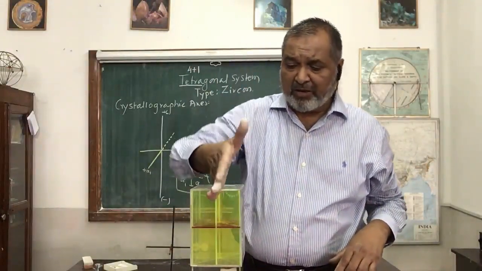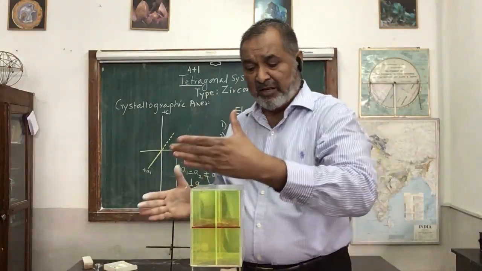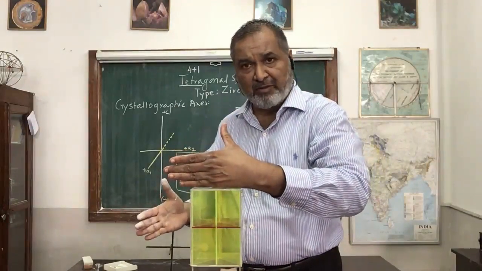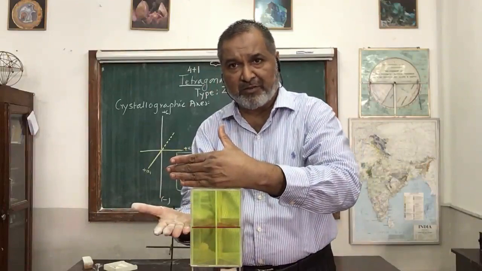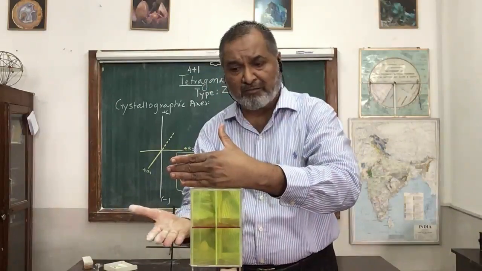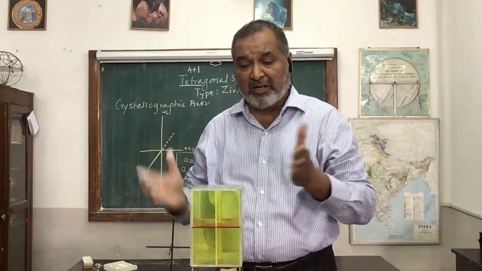Here we have drawn the plane from the front to the back. Another plane we have drawn from side to side. The third one we have drawn from the center of the face, but this is the horizontal one. But we have to see first the 4 vertical.